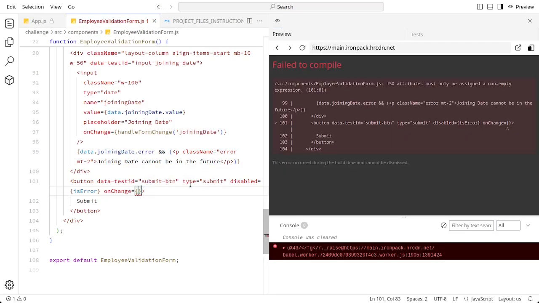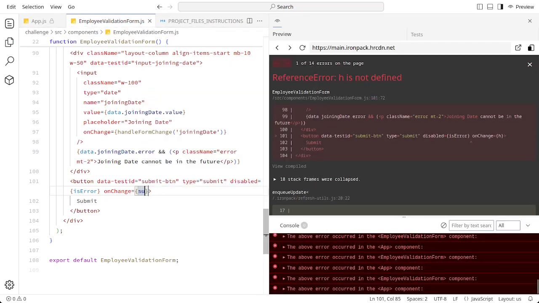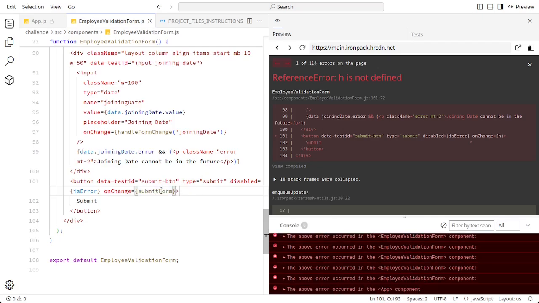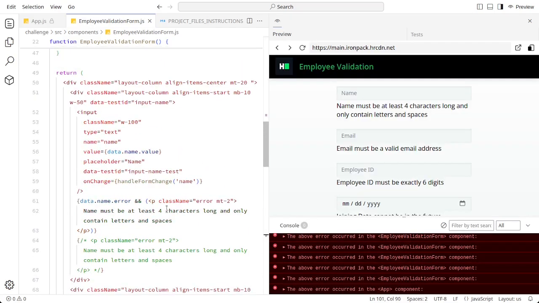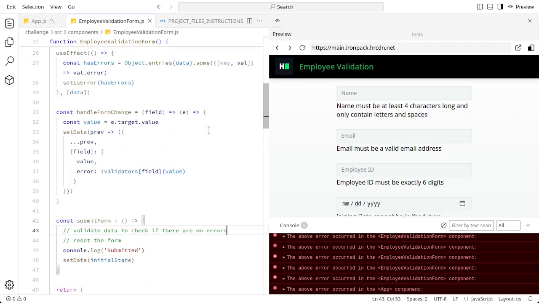So let's use the onChange and pass in the submit form function right here. Let's see if our submit form requires a parameter and a validate data to check if there are no errors. It's already been validated